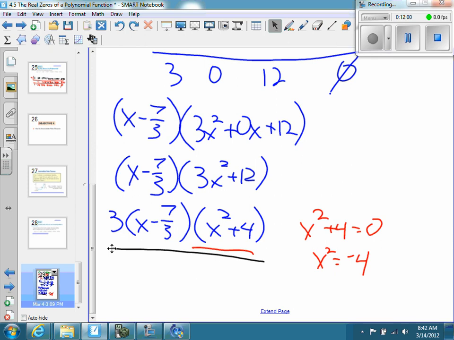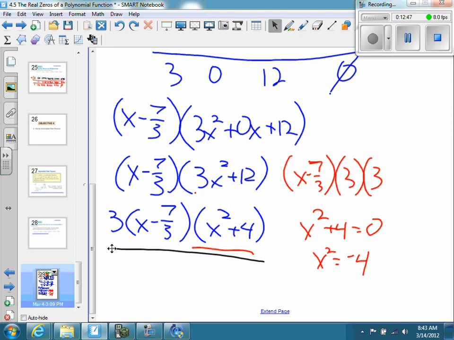Right? Yes, please. So you took out a 3, but isn't it this? Did you do anything to x minus 7/3? No. You're just going to add it to it? Well, so I have a factor of... I know how you got it on that side, but I don't know how you got it on the other side, because there is no 3. Okay, so let's do it this way here. I'm going to change this to x minus 7/3 times 3